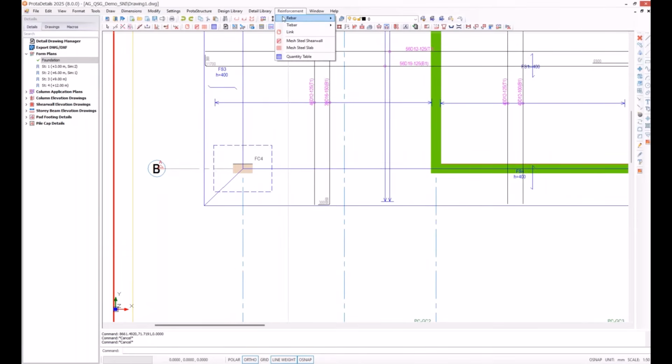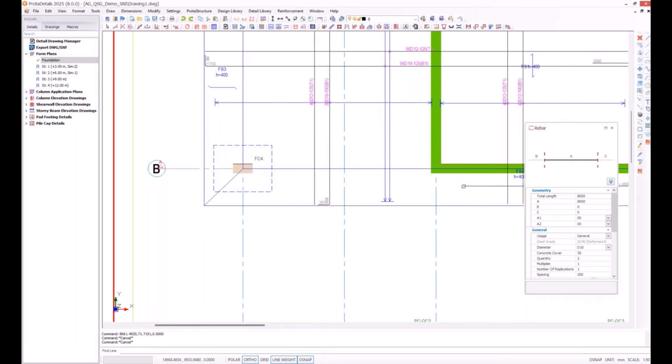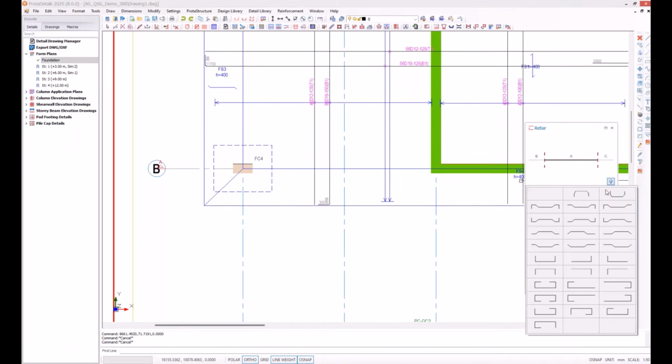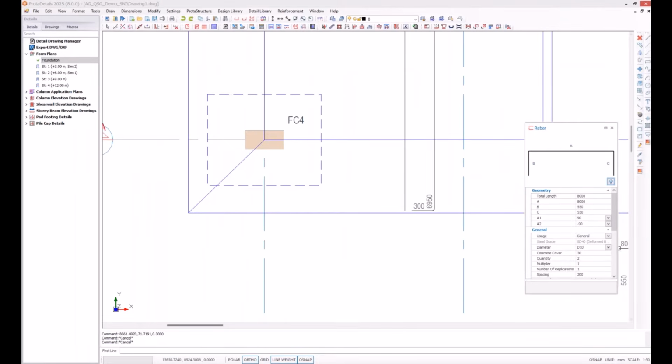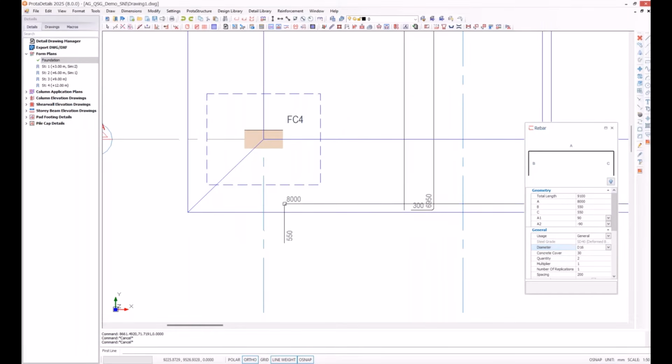So I will use manual intelligent rebar commands here. I'm going to insert using 4 lines. There are different options. I'm not going to go into detail of all of these, but let's select the type of the rebar. This is going to be a top rebar, U-shaped rebar, let's say. And I would like it, let's make something like 16 maybe.